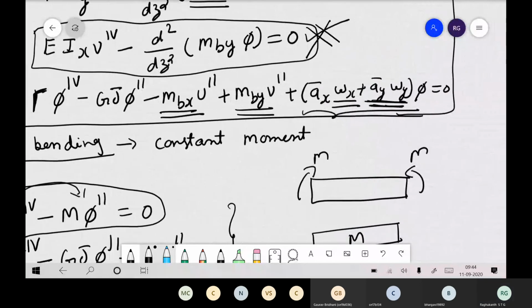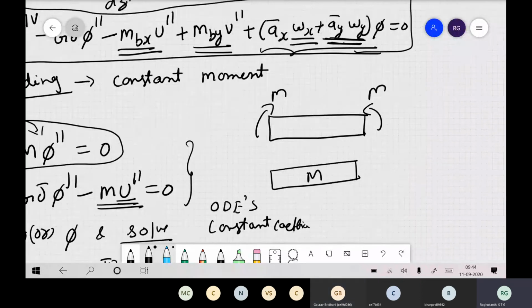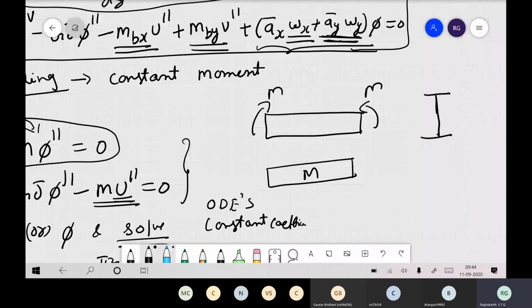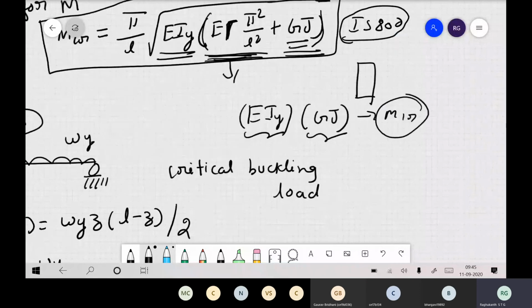See, what is AX and AY? It is when the load is applied at the shear center. Or suppose your I section is doubly symmetric, like this, perfect. Then your centroid and shear center, both of them will be the same. And if the load is applied at the centroid itself, then your A bar X, A bar Y will be 0 itself. So that is the meaning of this expression. To make our life simple, we have done it like this.